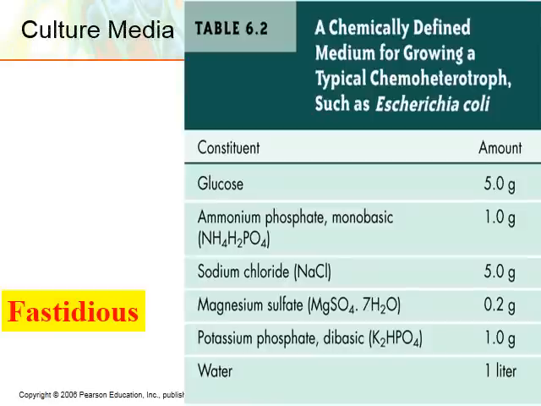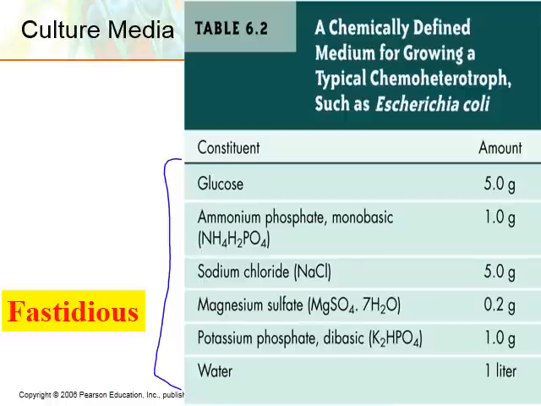Okay. These bugs that have special dietary needs are said to be fastidious microbes. Okay, and you think about it, we can grow less than 10% of the microbes out there, which means that over 90% of the bugs out there are fastidious. One of those that's easy to grow is E. coli. As I said before, we've got different chemicals that we put into water, and we can make just a general purpose